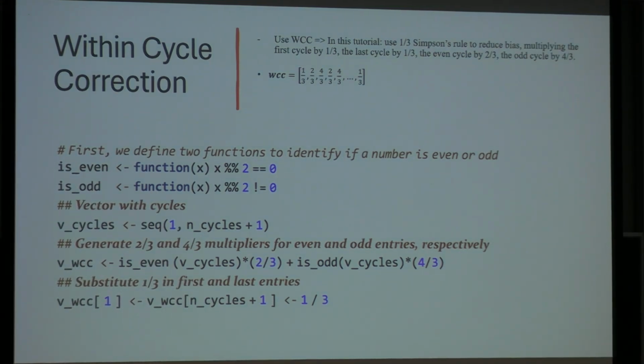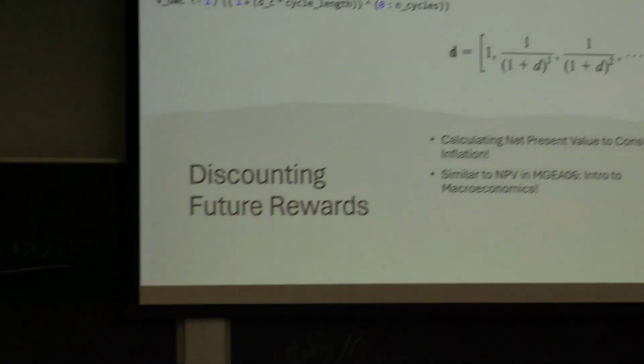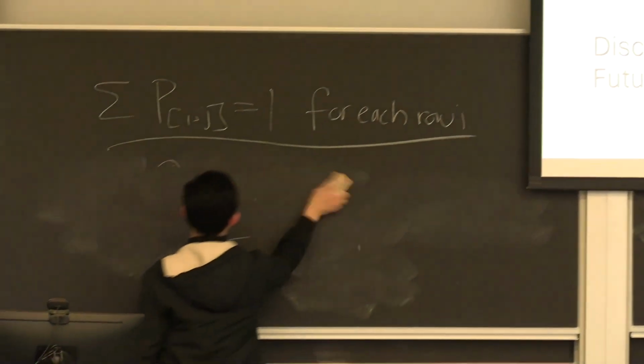And for the even entries, you multiply by 2/3, and if it is odd, you multiply by 4/3. And we also want to take into account the inflation. So the way we are taking into account the inflation is we multiply by 1 plus d. For example,